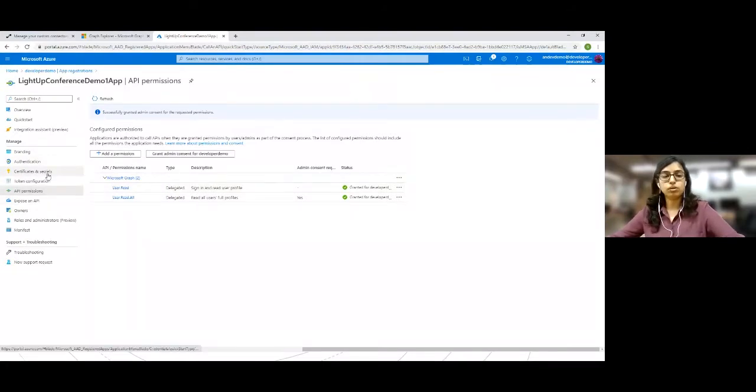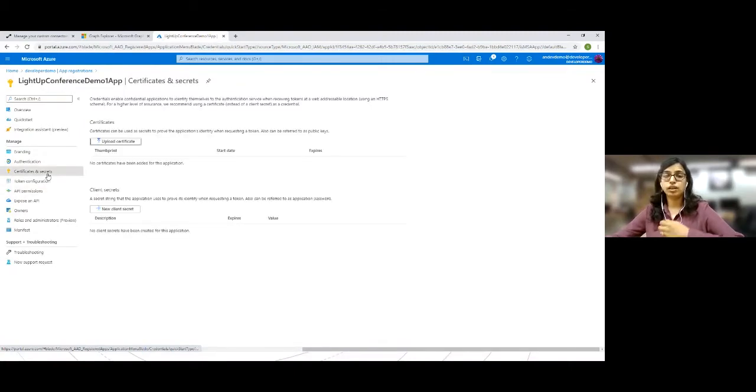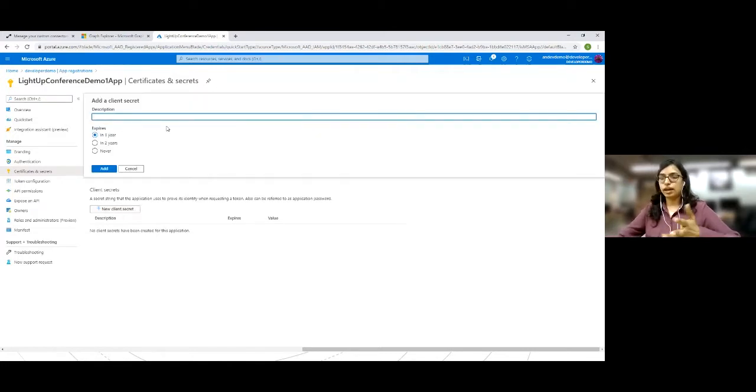In order to use this Graph API, we will need to use the client ID and the client secret. We can also use a certificate, but that is a little bit complex to do. For this demo, I'm using a client secret, which is also as secure as using the certificate. So I'll create a new secret. I need to provide the description.